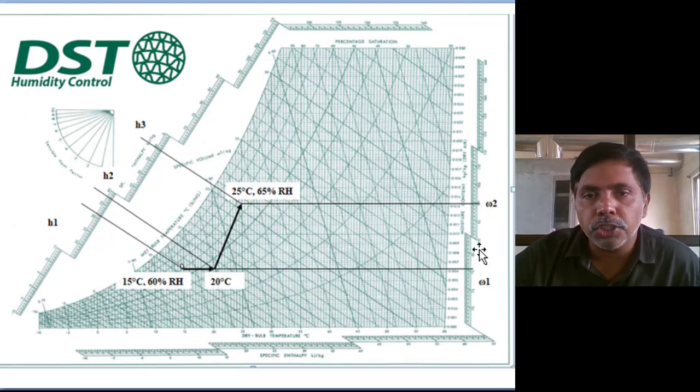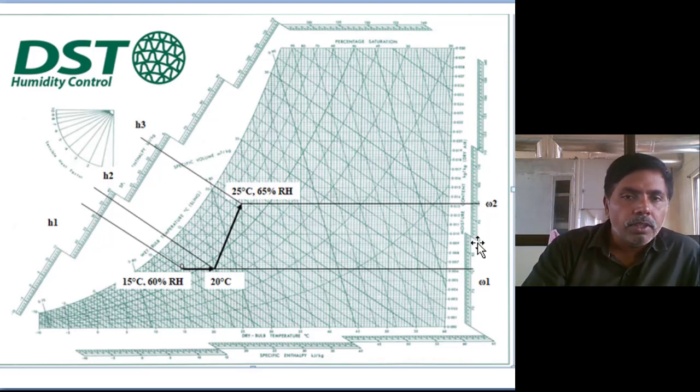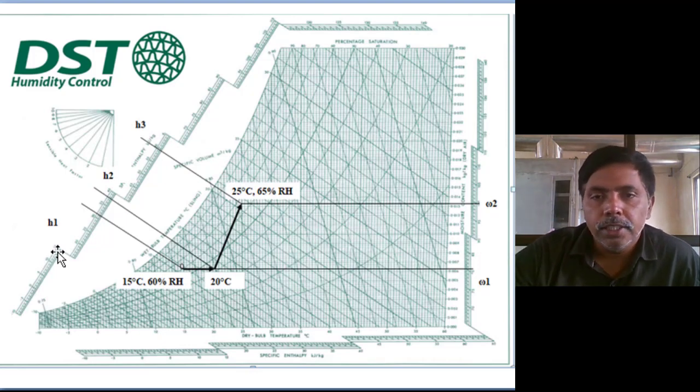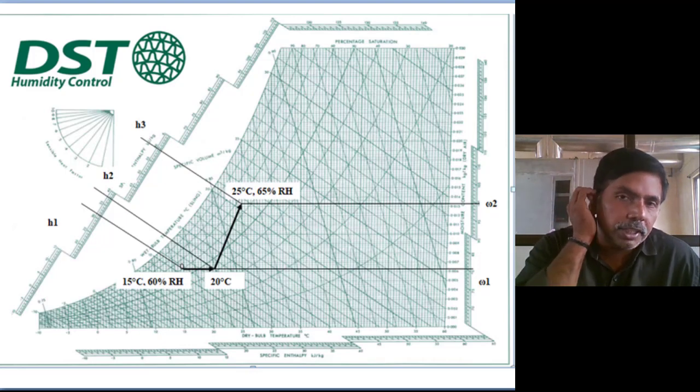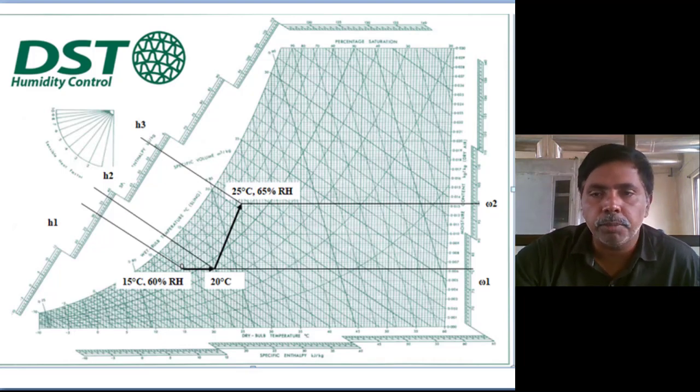The difference between these two moisture contents is only how much mass of moisture is added, that's all. And the difference between these two enthalpies is only how much heat is added. Simple problem. So by the given data, just mark the points on the psychrometric chart, extract the properties, and solve